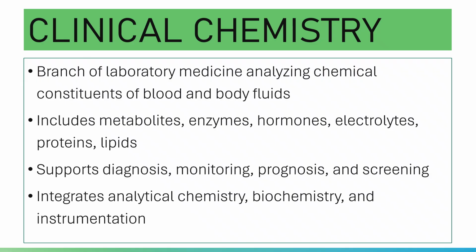So what are the analytes that you are testing here? You have glucose, you have proteins, or you have albumin, globulin, you have your lipids, cholesterol, triglyceride, total cholesterol, HDL, you have your hormones, you have your enzymes like AST, alanine aminotransferase or ALT, amylase, as well as blood urea nitrogen. These are metabolites, uric acid, creatinine, and the rest of your chemical constituents.